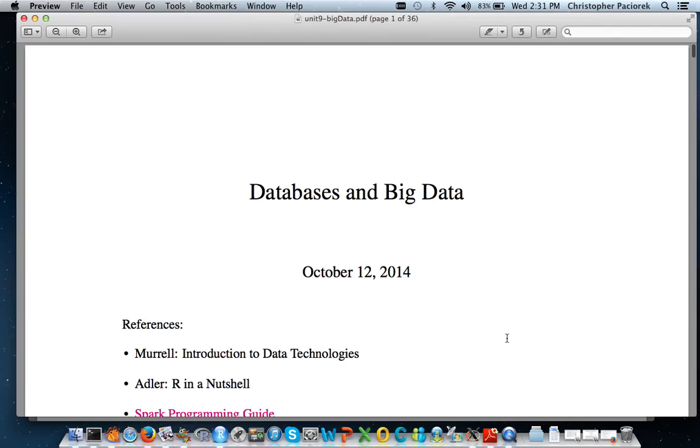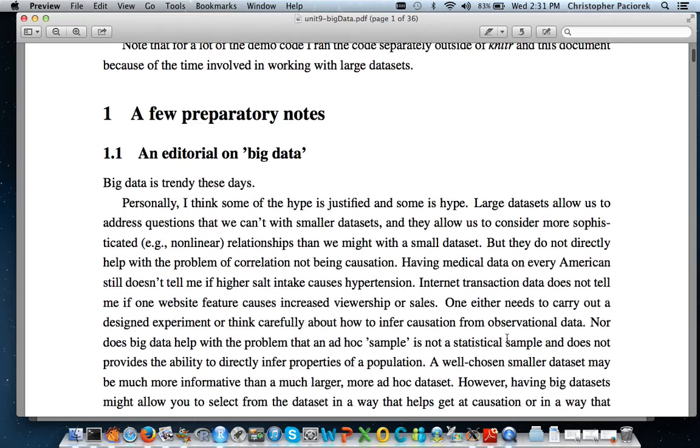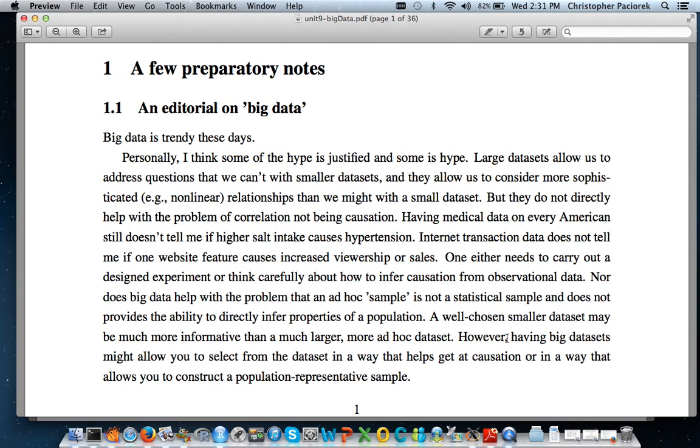Okay, so I have a little bit of an editorial comment here about big data, which is everybody's talking about big data. Some of this I think is just hype because it's the new thing. Some of it is, I think, justified. But the thing I want to remind us all of when we're thinking about very large data sets is they're exciting because you have your hands on a lot of data and you could find interesting patterns and interesting associations, and maybe you can discover things that you wouldn't see amidst the noise in a smaller data set. But there are lots of reasons why we don't want to forget that we're still trying to think statistically about problems. And just because we have a large data set, it's not going to deal with the correlation is